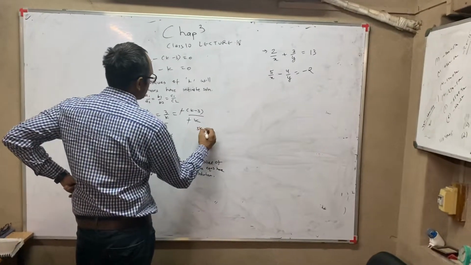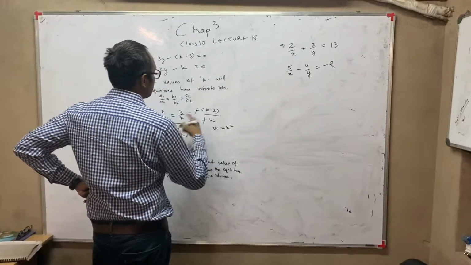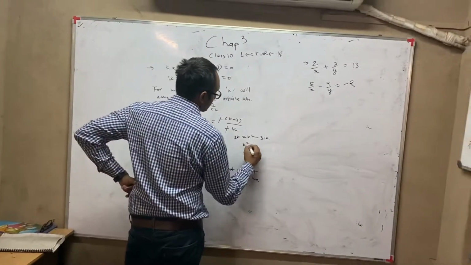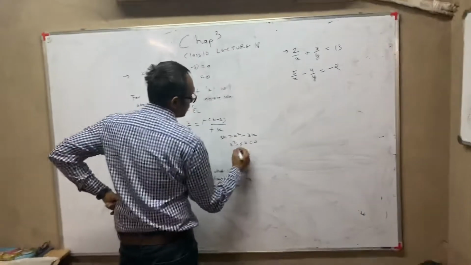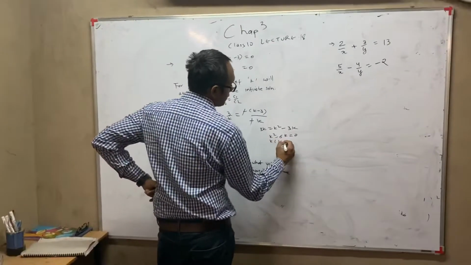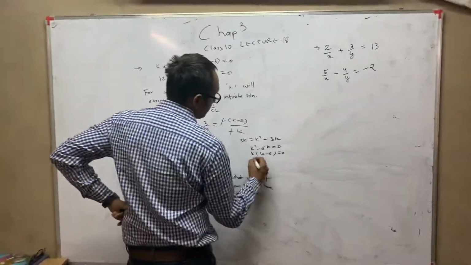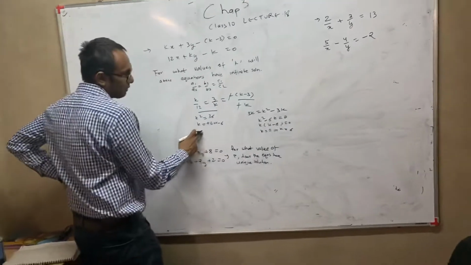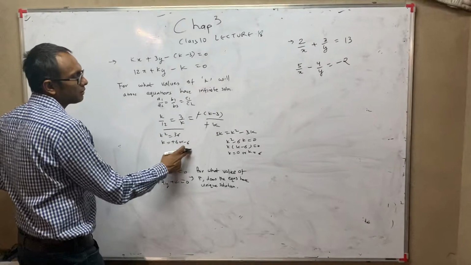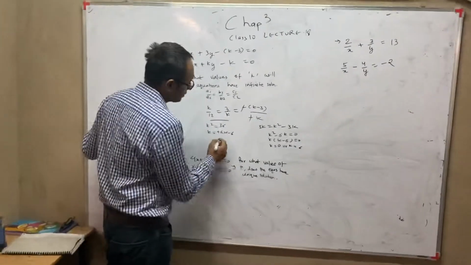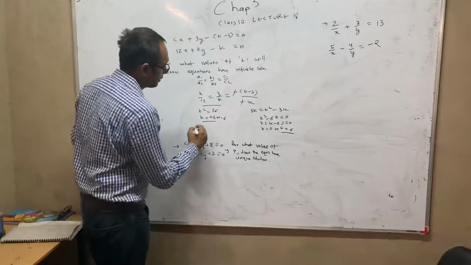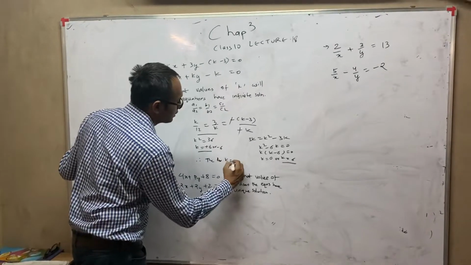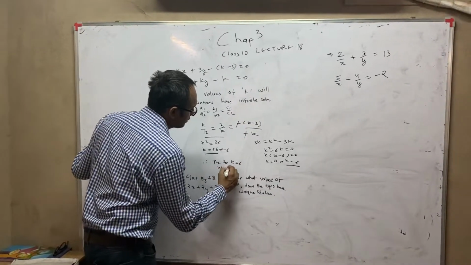So it will become 3k is equal to k square minus 3k. Take everything on one side. k square minus 6k equal to 0. I'll take k common now. So k into k minus 6 equal to 0. Now from this I get the value of k equal to 0 or k equal to 6. From the earlier one I got the value of k equal to 6 or minus 6. So which value is common in both? k equal to positive 6. Therefore, in the end I will just write: therefore, for k equal to 6 this equation will have infinite solutions.